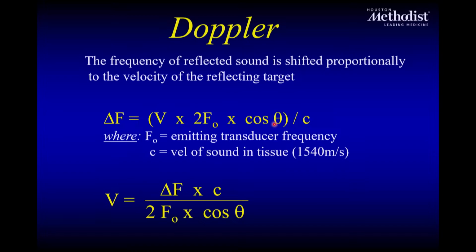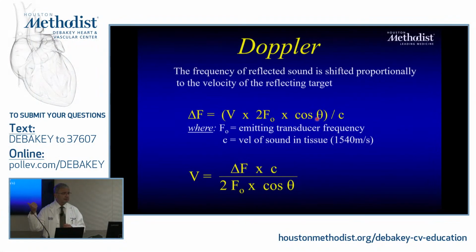An example is a very, very nice example that you could share with your friends. An ambulance is coming, or the train is coming. You can close your eyes and you could tell two things. You could tell whether the train is coming towards you or going away from you. And you could tell also how fast this train is going without you seeing it. That's basically the Doppler equation.